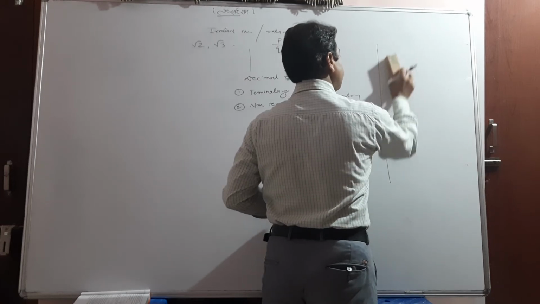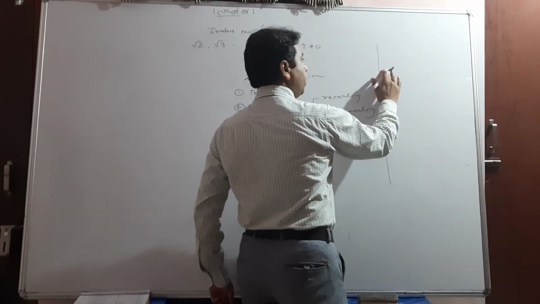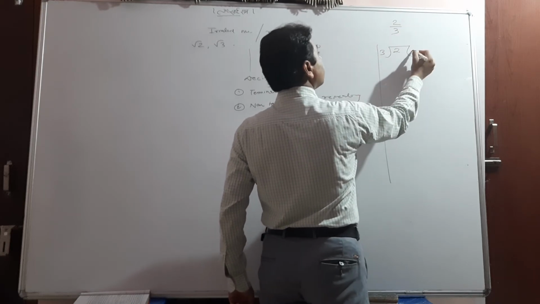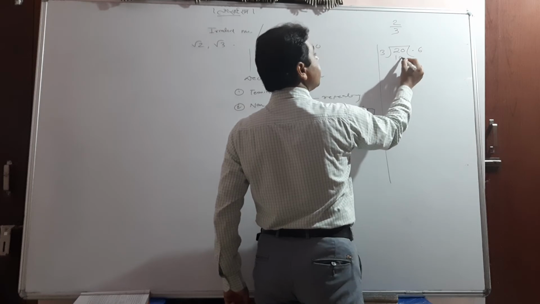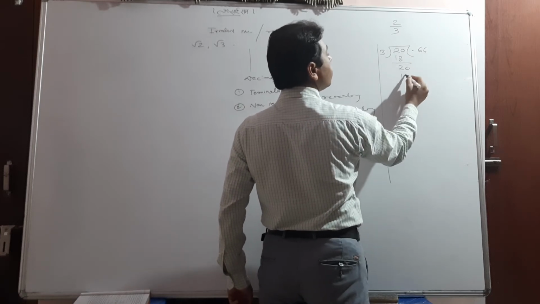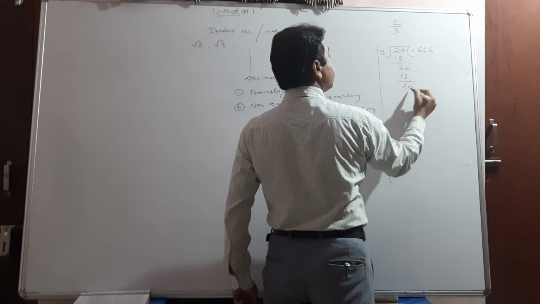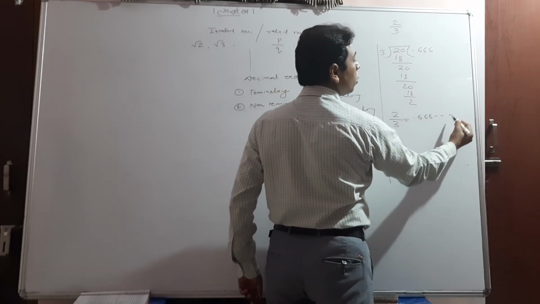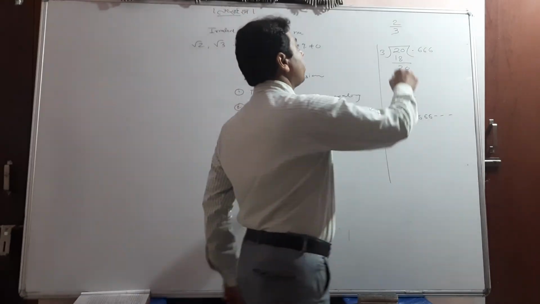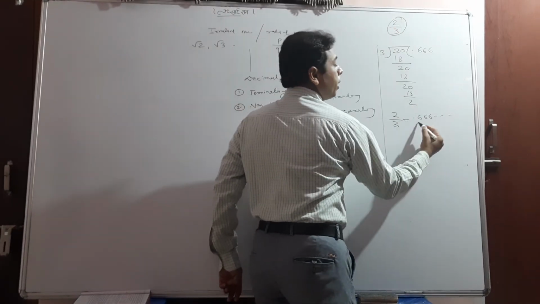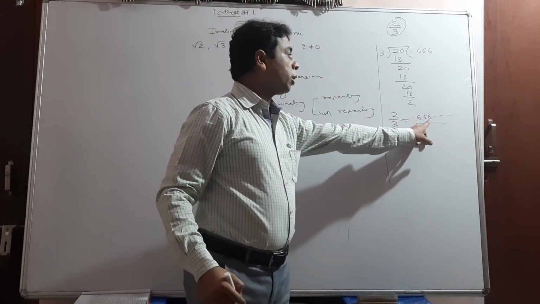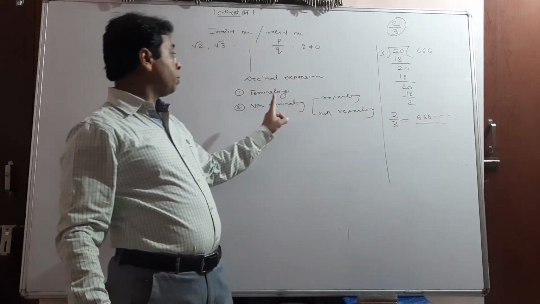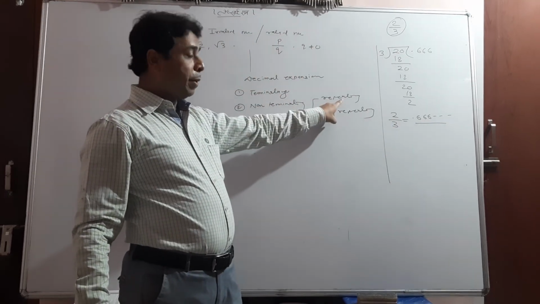Now let me speak about something else. We have 2 upon 3. What do you think about that? 3 sixes are 18, 3 sixes are 18, 3 sixes are 18. And what do you think? 2 upon 3 can be written as 0.666 and so on. This is a rational number, but in expansion it is non-terminating because it is not finishing, but it is repeating. So, non-terminating repeating.